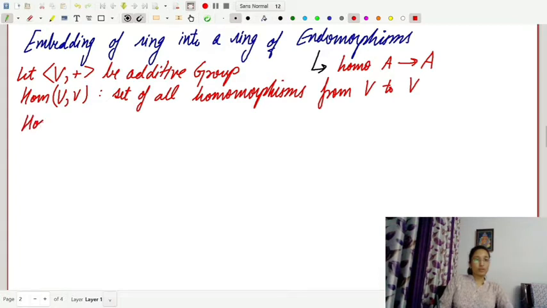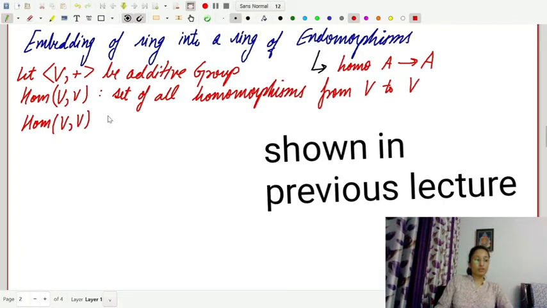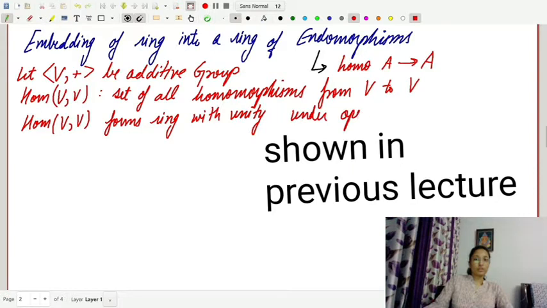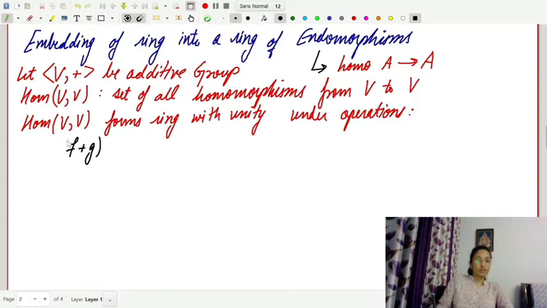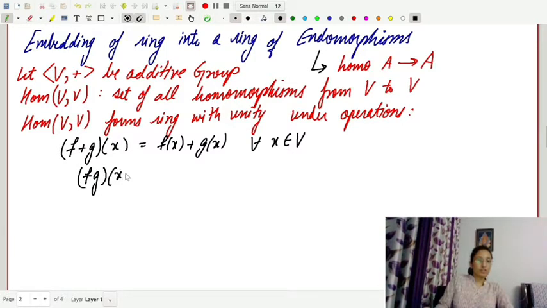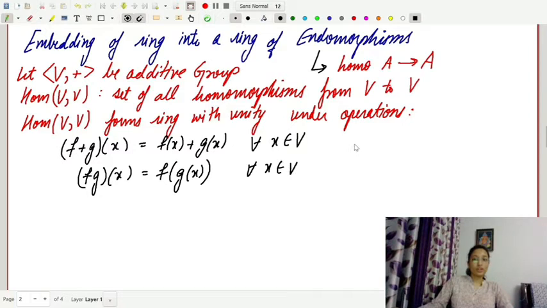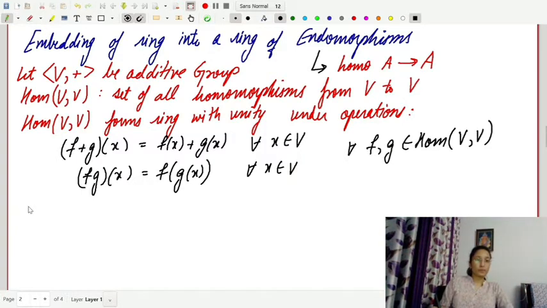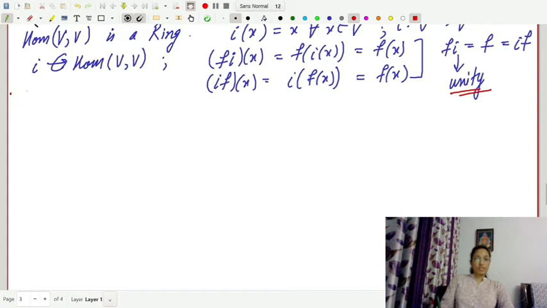We will now show that Hom(V, V) forms a ring with unity under the operations defined by, let's define its operations, (f + g)(x) is equal to f(x) + g(x) for all x belonging to V, and similarly (fg)(x) is equal to the composition of maps, for all x belonging to V and for all f and g belonging to Hom(V, V). Now comes our theorem, which states